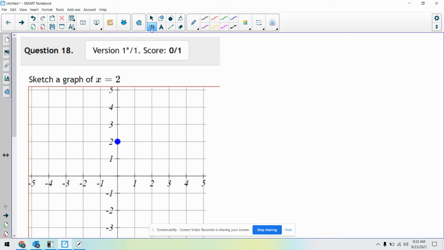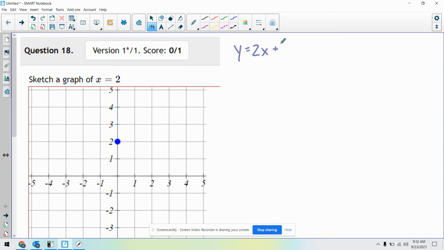Okay, this is question 18. It says graph the line x equals 2. Now, x equals 2 is just going to be one point you have here. This is the line. So basically what this is saying is when you have an equation like y equals 2x